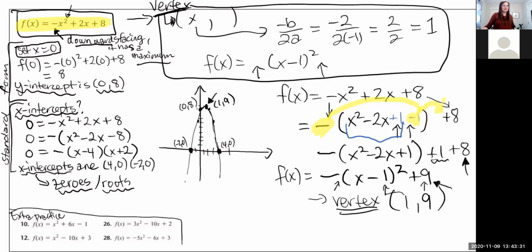There's a couple other things you could get asked. You could get asked for domain. You could get asked for range. Domain is always all real numbers for a parabola like this. And the range always depends on that vertex. So some of your questions will just give you the equation like this, which means you're going to have to find the vertex first and determine if it's upwards facing or downwards facing in order to find the range, right? So in this case, the range is everything from negative infinity up to 9